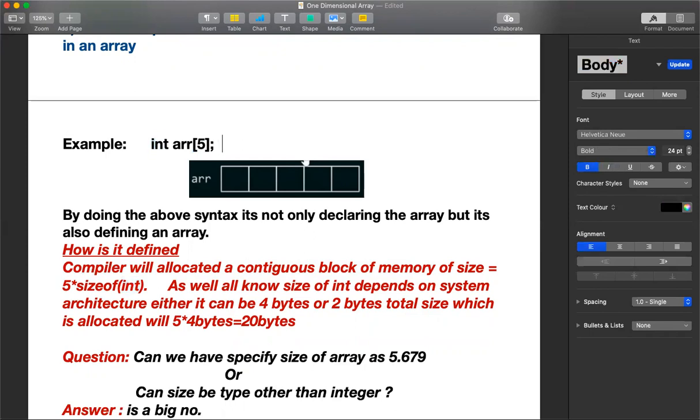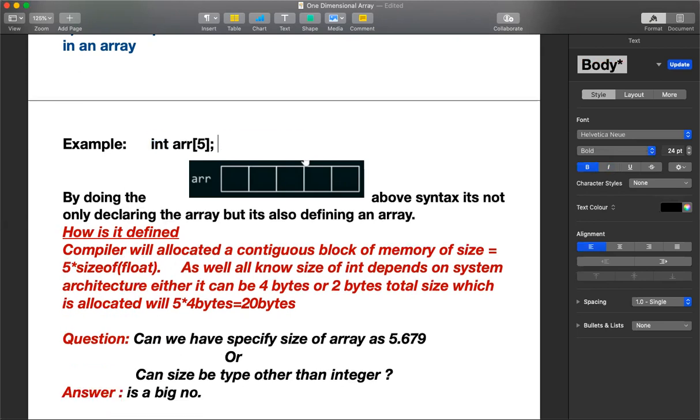If it had been float arr of 5, what would change? Since it is float, how many elements? Even here it is 5 elements, because the size is 5. So 5 into sizeof float. Size of float and size of integer are different. Even though they are storing 5 elements, the amount of space required to store a float is much larger than int. As you already know, integer